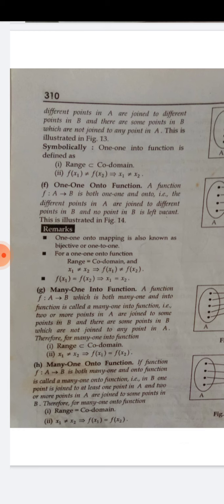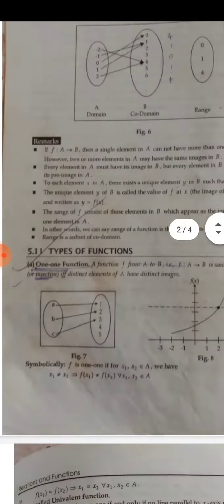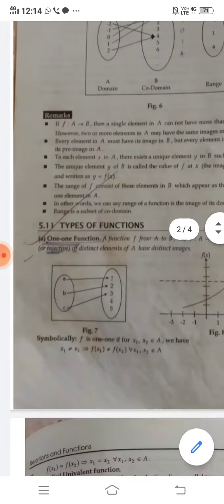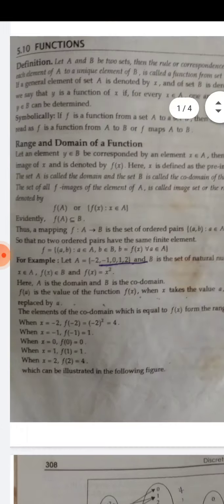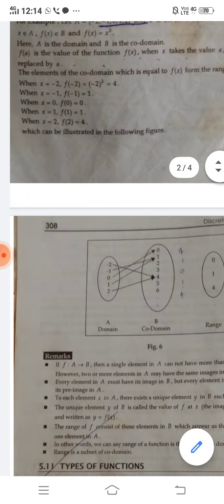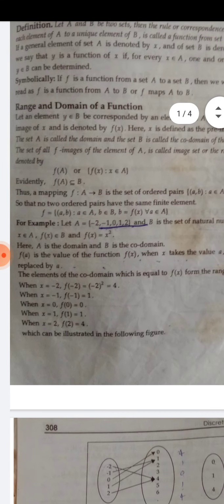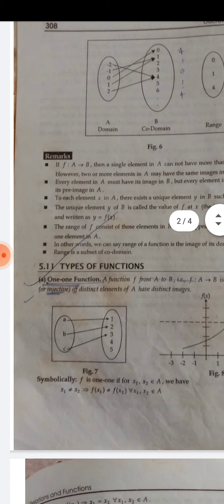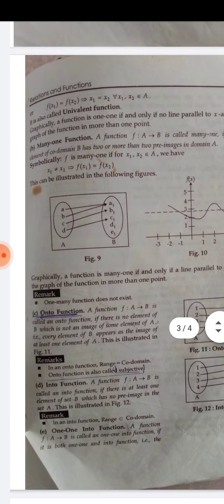So today I have discussed function, meaning, range, domain, codomain and types of functions. It is very important for numerical also. So you just don't have the need to learn functions and range and domain definition. Just understand the meaning of them and learn the types of functions, especially injective and surjective.